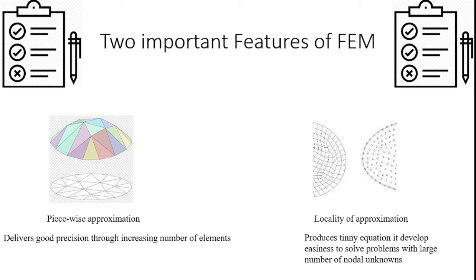Which are all the steps available in the finite element methodology working procedure? So we should be aware of what is meant by exact solution, what is meant by approximate solution, what is meant by piecewise approximation, and what is meant by locality of approximation. And finally we come to the point of how the finite element method works, which follows 6 general steps,